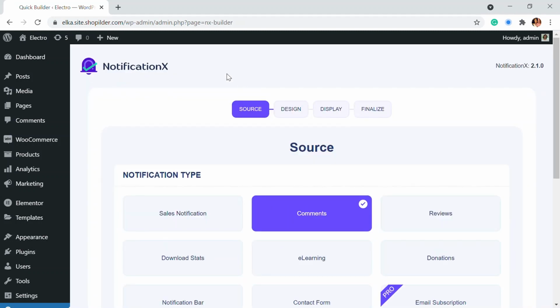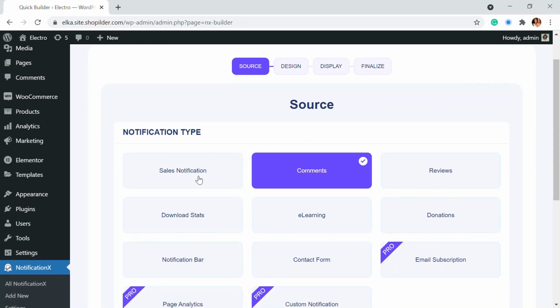After the activation, you will be taken to this page where you have to select the source that you need to start with. So there are sales notifications, there are comments. Sales notification basically means when a customer purchases some product, your visitor will get a notification saying that this person has purchased this product.